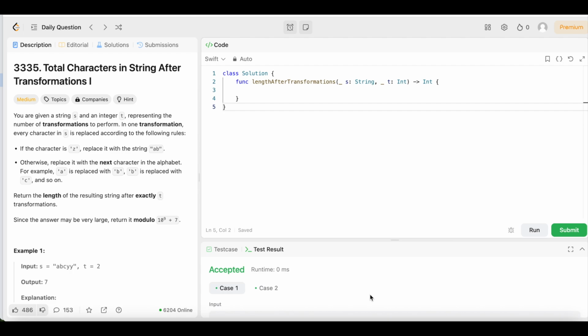All right, y'all. Welcome back to another day, another LeetCode problem where we're doing daily LeetCode problems. And today we have question number 3,335, total characters in string after transformations 1. The difficulty level is medium, but don't worry because we're going to keep the solution as simple and easy to